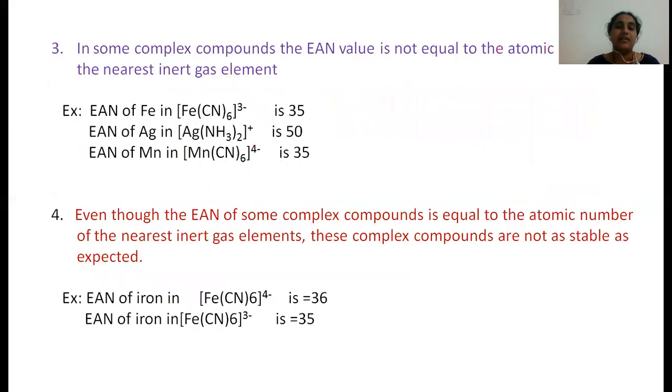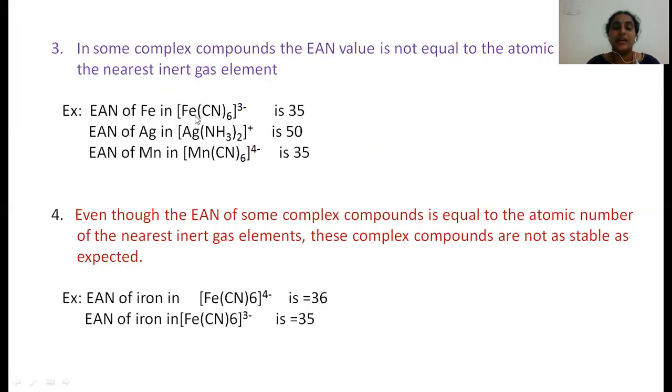Another drawback of this theory is that for many complexes, the EAN value is not equal to the atomic number of an inert gas element, even though they show high stability. Many complexes do not show an EAN equal to the inert gas atomic number, but he couldn't explain such types of complexes. Here, if you see,